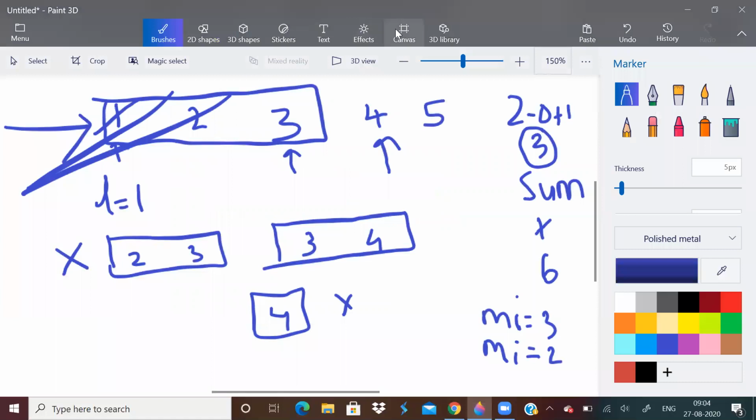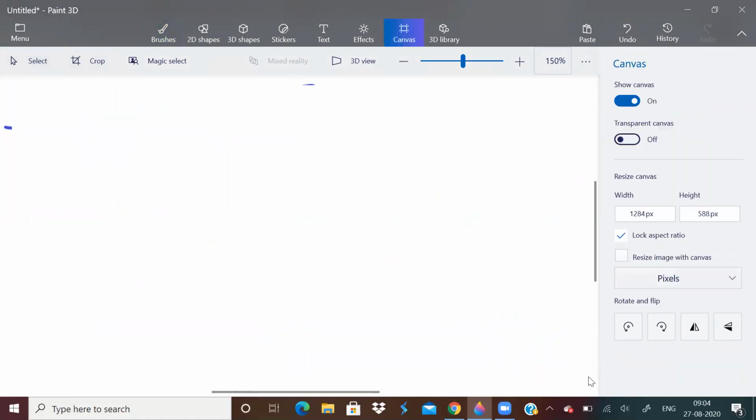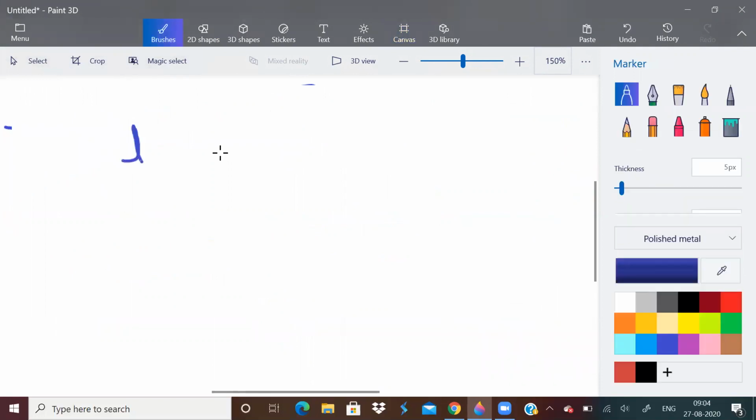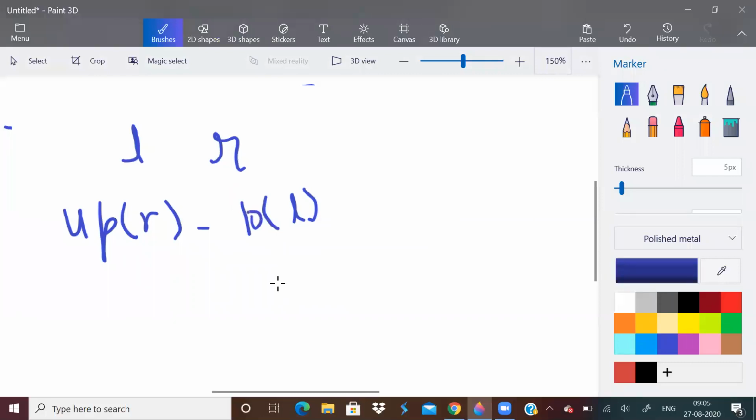So if you want to find out how many elements are in the range L and R inclusive, the answer will be upper bound of R minus lower bound of L. Sorry, I'm really sorry, it is upper bound of R minus lower bound of L itself.